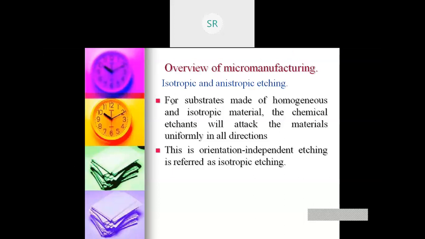Now, for the substrate made up of homogeneous isotropic material, the chemical etchant will attack the material uniformly in all the directions. So this is orientation independent etching, and it is referred to as isotropic etching.